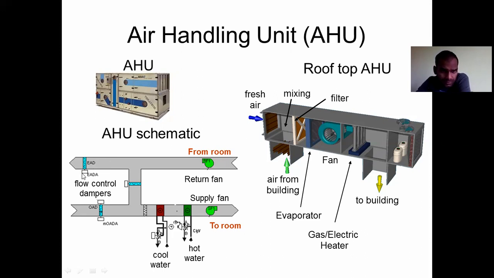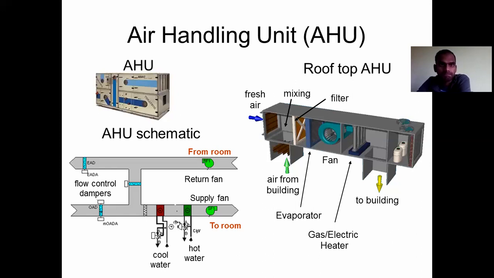and this is the exhaust air damper. You can open it and close it manually as well as automatically. Here is the outside air or fresh air damper. Here is a mixing air damper. So dampers mean it's like a valve. You can close it and you can open it. According to our need, we can adjust it. We can make an adjustment on how much percentage of air should come inside, or how much percentage of air should go outside or be exhausted. That we can adjust with the help of these flow control dampers.